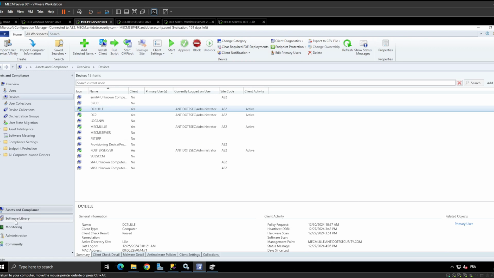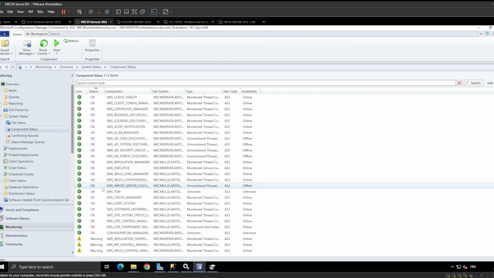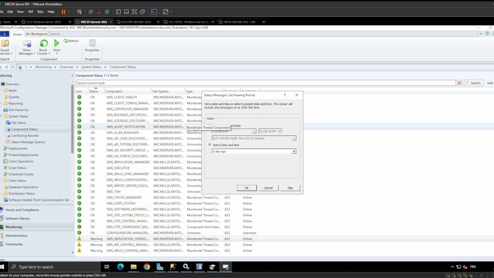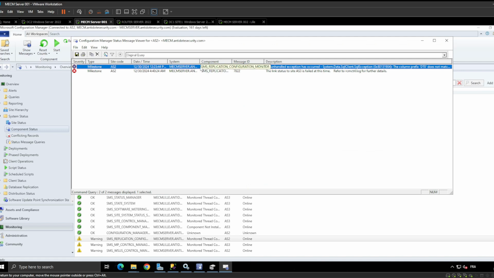So the thing that I want to show you before is simply if something is red, and you want to see what's going on. You just simply go there, show messages, error. You could select error, so it will only show you the errors. But I think I will not see anything. Let's check. Okay, so you see, you have, for example, these two errors. Normally, in your case, you will see plenty of errors